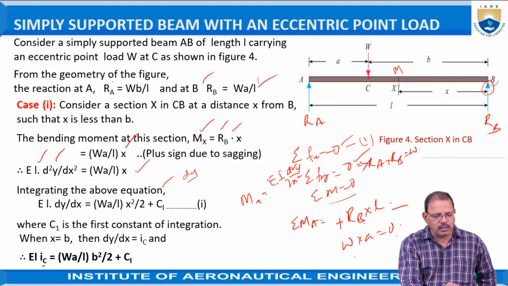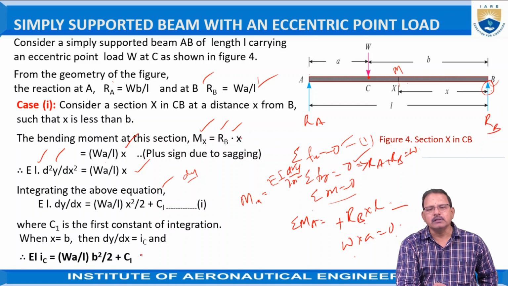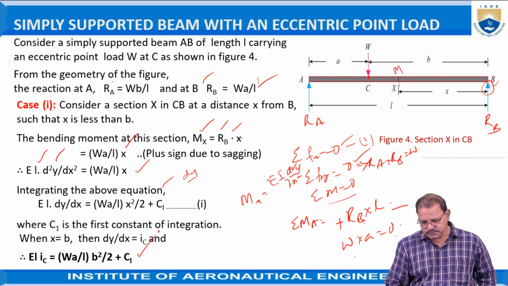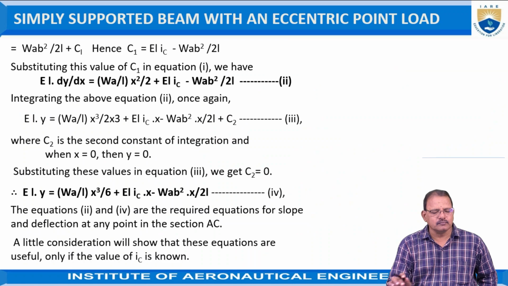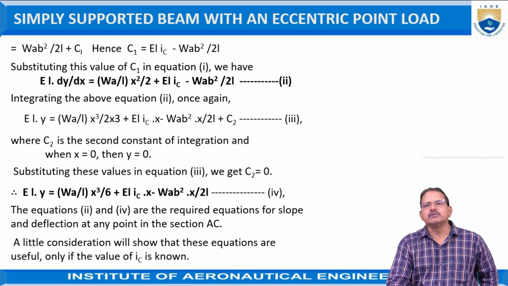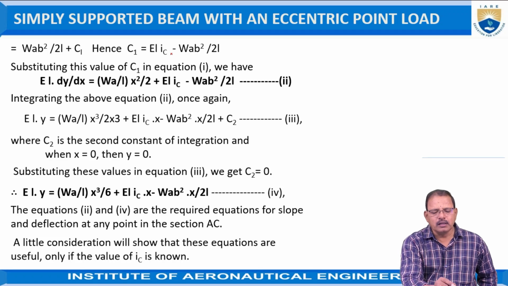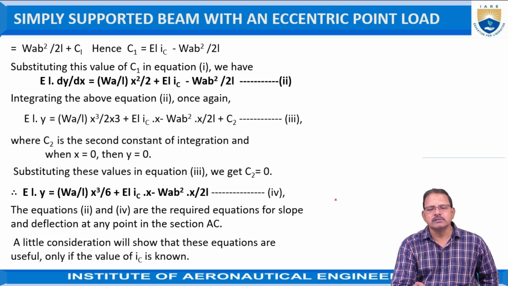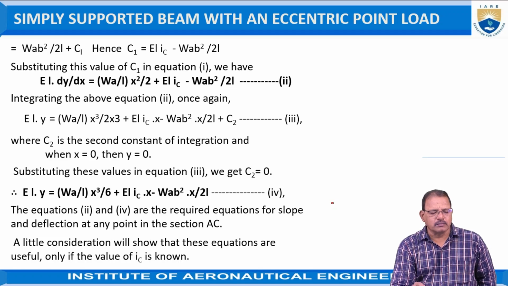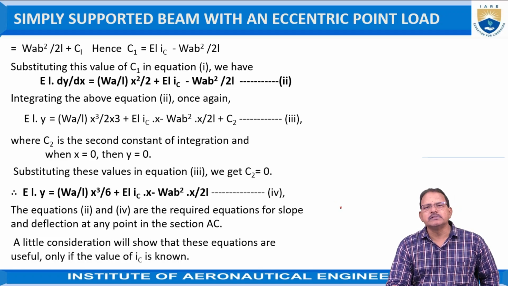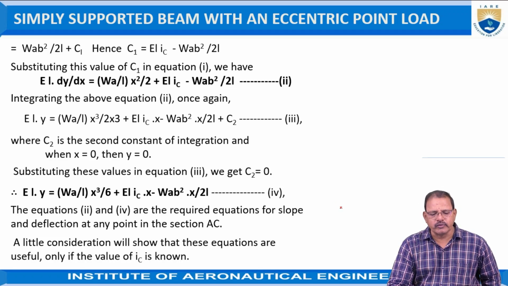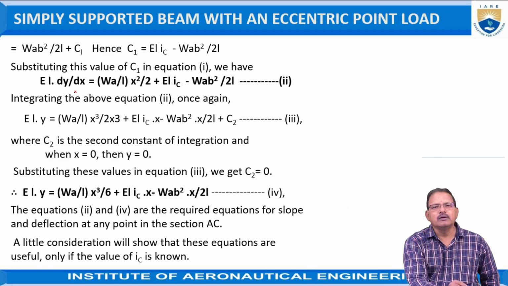We got EI into IC is equal to WA divided by L into B square by 2 plus C1, where C1 is equal to, just on solving these equations, we got EI into IC minus WA square divided by 2L. Okay, substitute the values of C1 in previous equations, we got EI into dy by dx